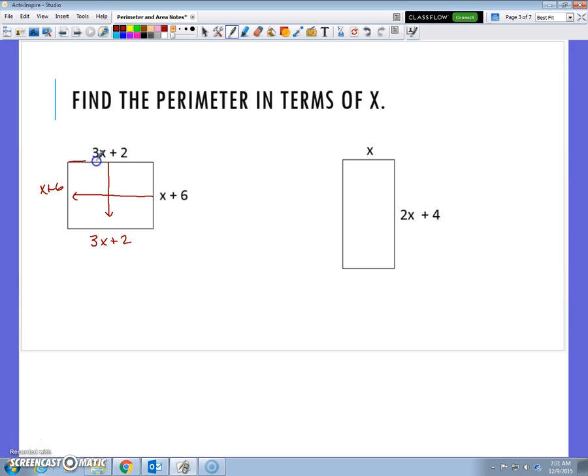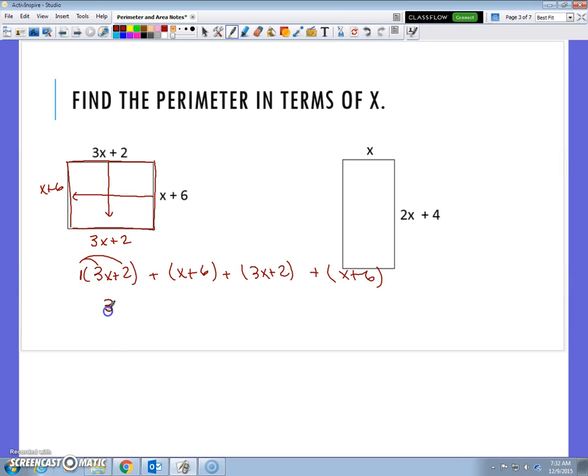So I need a length of 3x plus 2. I need a length of x plus 6. And I need another length of 3x plus 2. And I need another length of x plus 6. So we're going to do this nice and long way here. Now remember, the only way to get rid of parentheses is to distribute, and there's nothing to distribute this time,